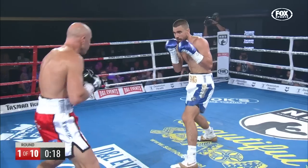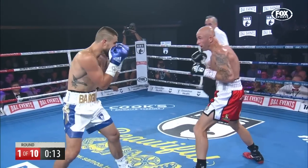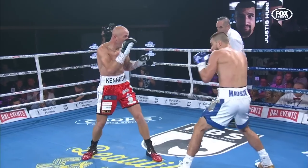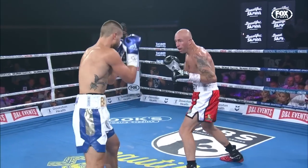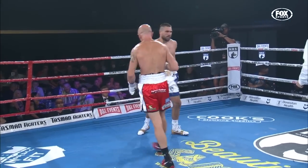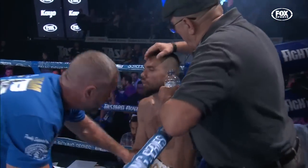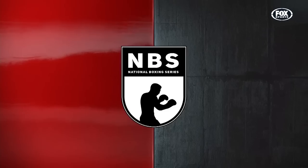Now they're both very watchful here late in the first round. They're just looking for the openings, both of them. Reaching with a jab there is Kite, and digging to the body is Kennedy. Kite just waiting. It'll be interesting to hear from the corners what they make of this opening round. It's a fascinating one. Round number one, magnificent first round of boxing, bout number 4 of the evening, second title fight here at this wonderful venue, the Fortitude Music Hall in